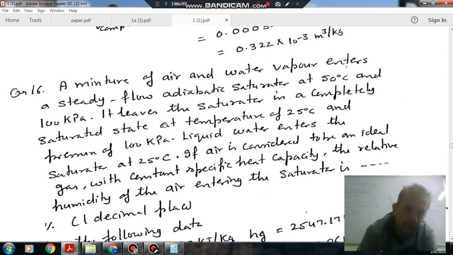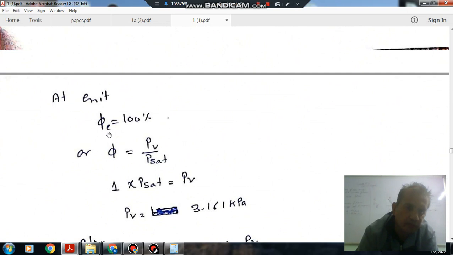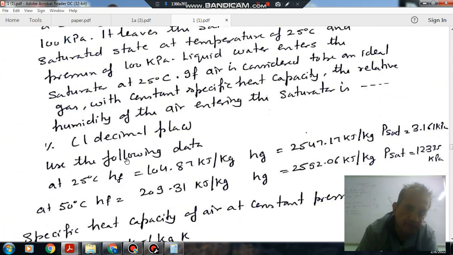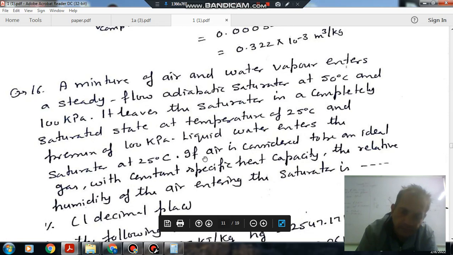and the leaving air is saturated at 25 degrees Celsius. So leaving air is saturated, it means it is having 100% relative humidity. So relative humidity is 100%. Okay, and we know that this phi is PV by P saturation. Okay, and as the air is leaving at 25 degrees Celsius,